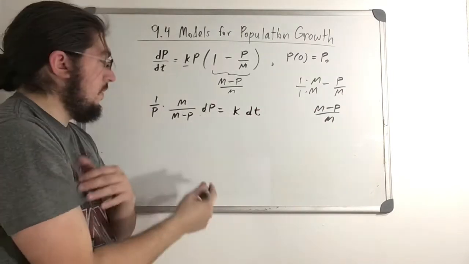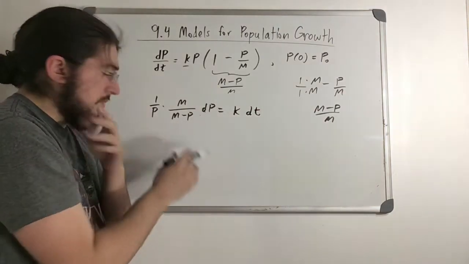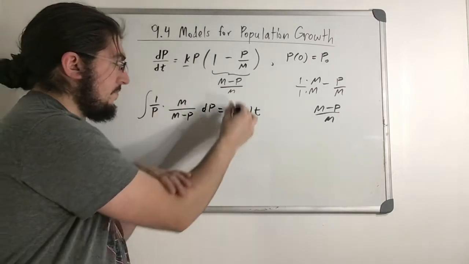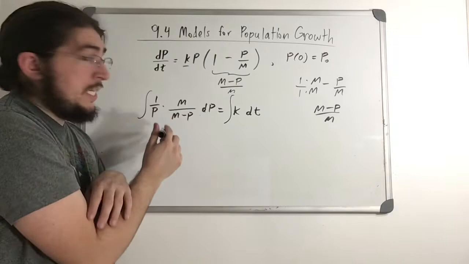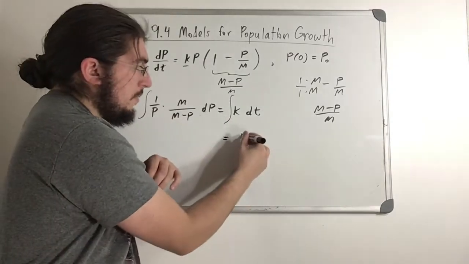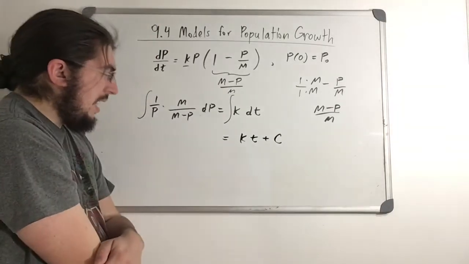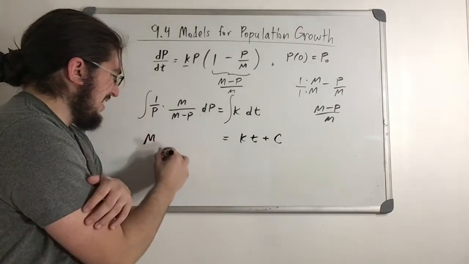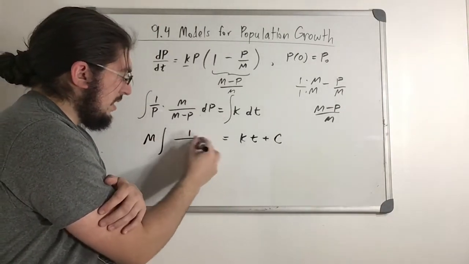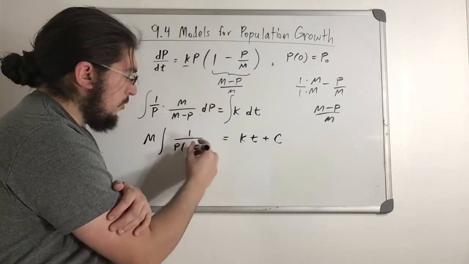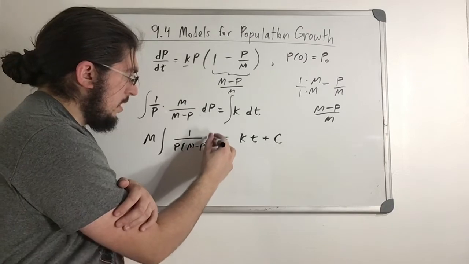Now what do we do? Well, now we've separated the variables, we separated the equation, and we can integrate. Remember, M is a constant, k is a constant. On the right, we just get kt plus a constant. On the left, we can pull out M, I guess. And it becomes a little less clear what we're going to do here, but if you take a look at it, what it should remind us of anyways is,